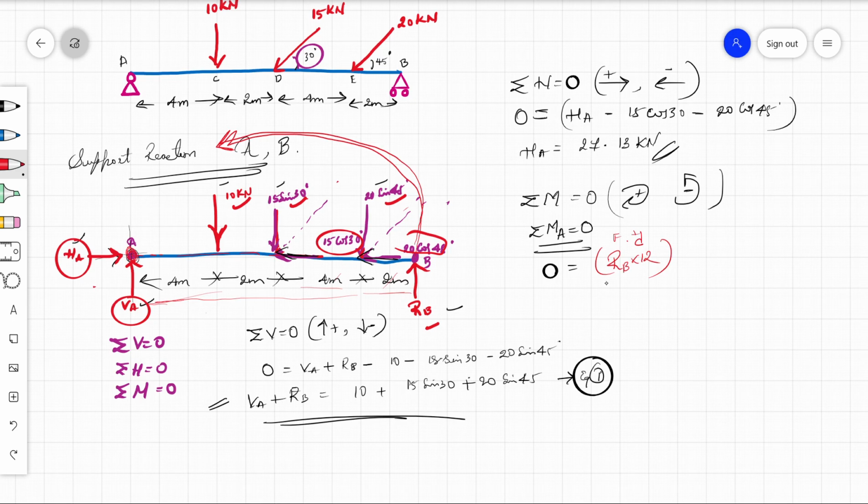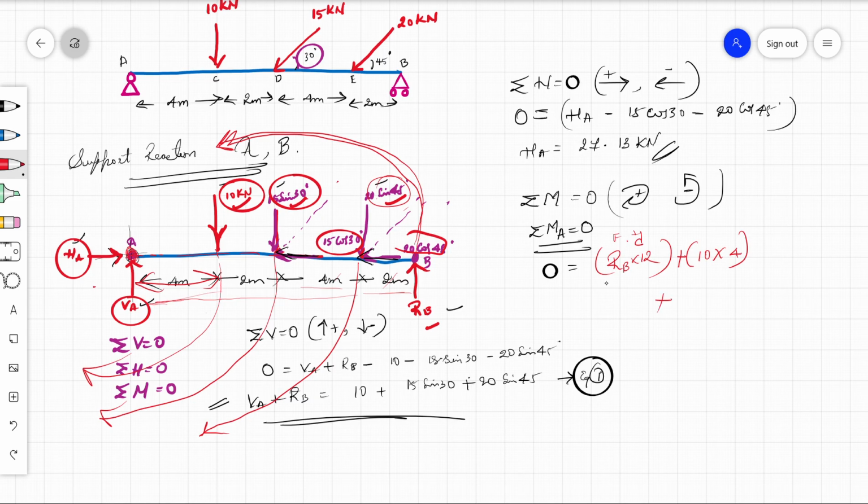Now let us go with the forces which we need to consider. That is only 3: 10 kilonewton, 15 kilonewton, 20 kilonewton. If I see these systems, from this point, do they make a rotation like this? These are all making a rotation which is clockwise in direction. So I have to take it as positive. First is 10 as a force multiplied with the perpendicular distance, which is 4.